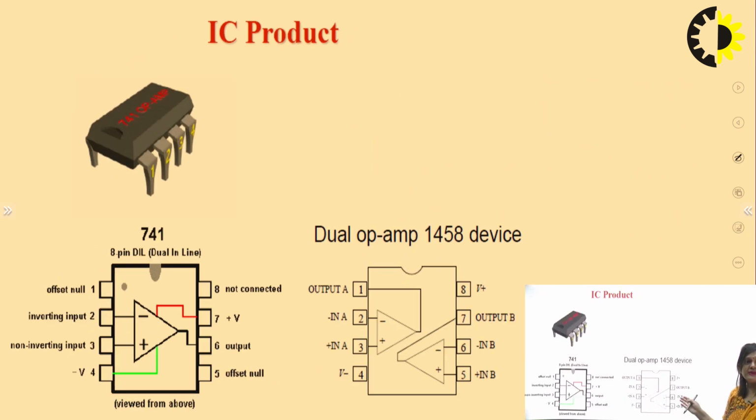So this is the pin diagram for the IC741 that I have drawn in the last slide. This IC is called 741 because it has 7 functional pins. Pin 8 is not connected; it is not a functional pin. This pin is kept here only for making the symmetry: like 4 pins here, so 4 pins must be here. That's why this pin has been used, and there is no significance of using this pin.